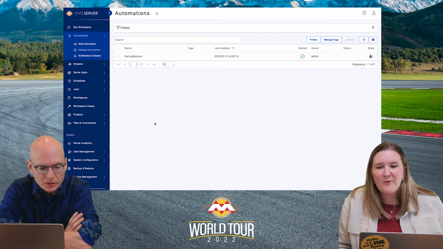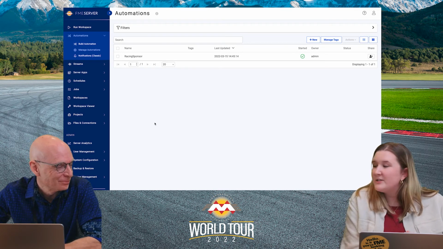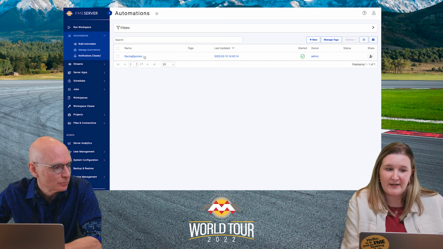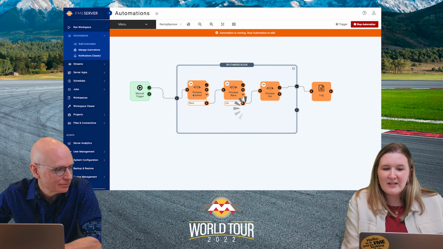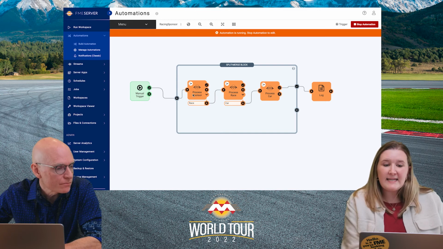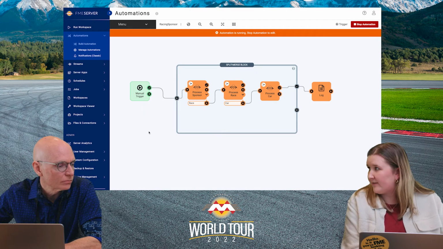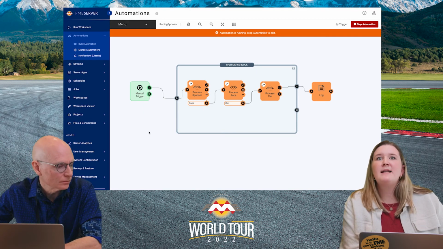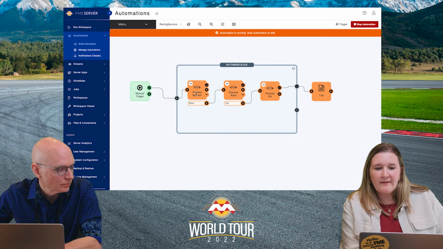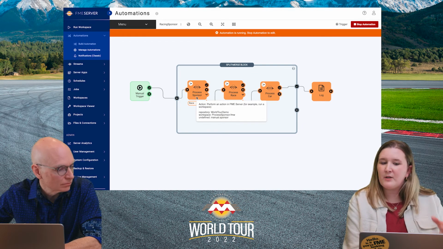Okay, so I have an automation that I prepared earlier that I'm going to use to test out our queue configuration. This automation is based around racing. The idea is that I am going to enter through my manual trigger the name of a sponsor. And this workspace, my first workspace, is going to pull all of the races that belong to that sponsor.